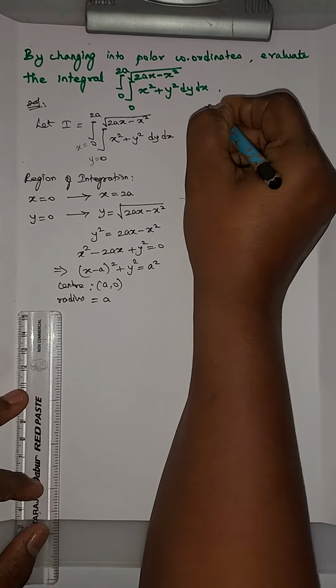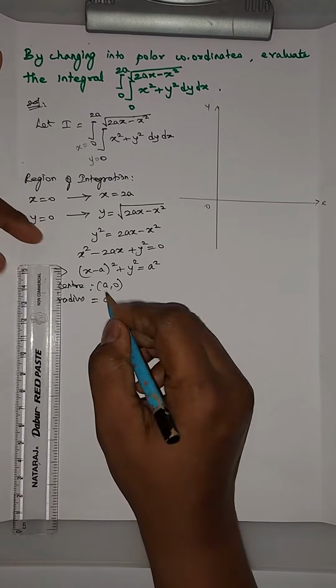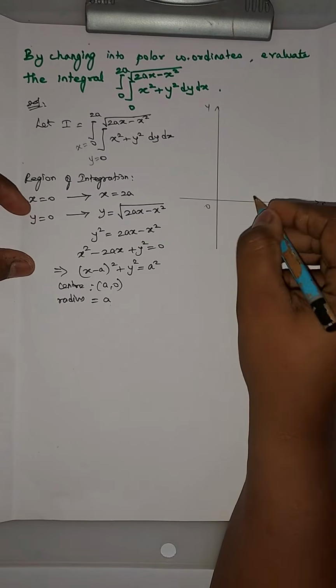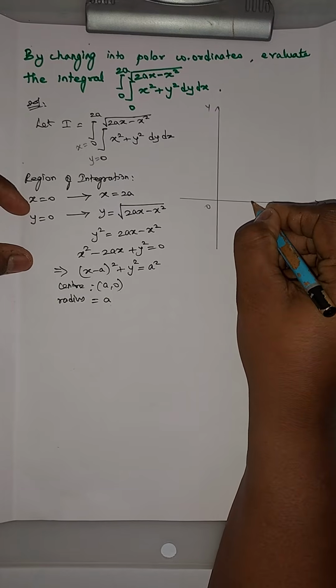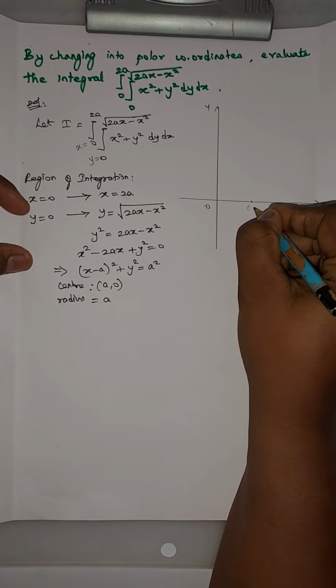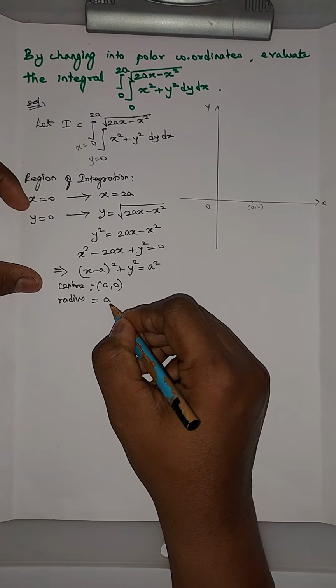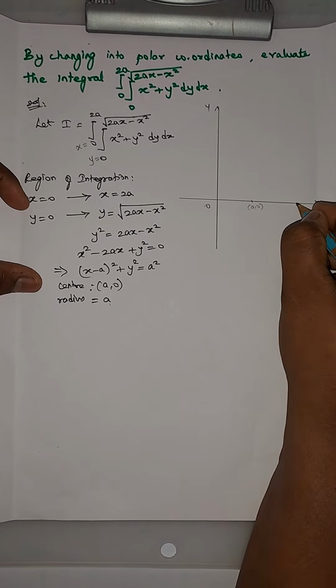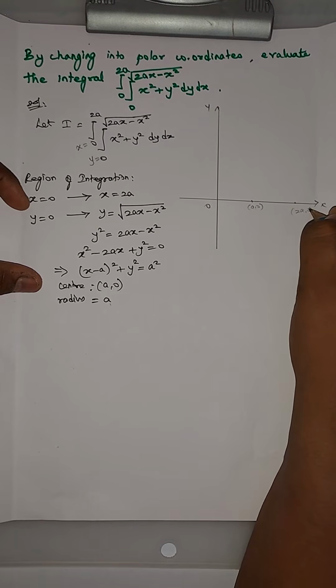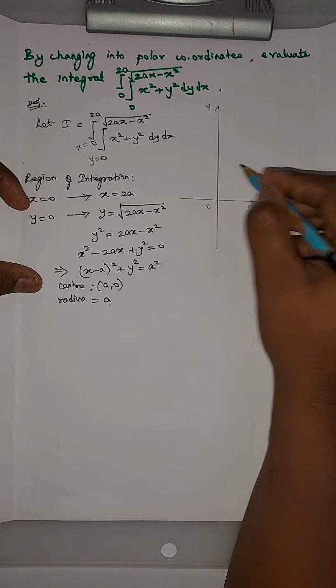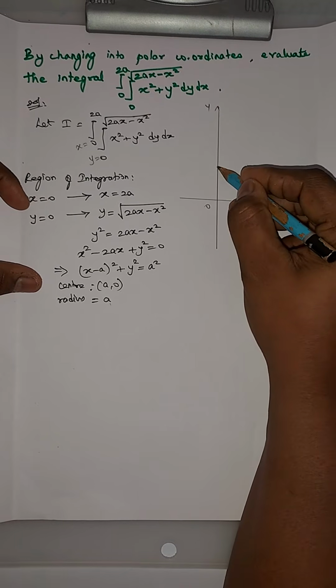Origin, x-axis, y-axis. Center is a comma 0. Let it be somewhere here. X is equal to a. So this point be a comma 0. And radius is a. Radius is a means it should be 2a here. 2a comma 0. Right? Only then if we draw, it becomes